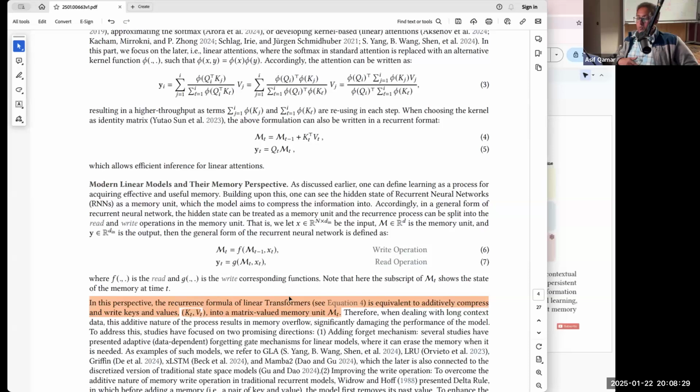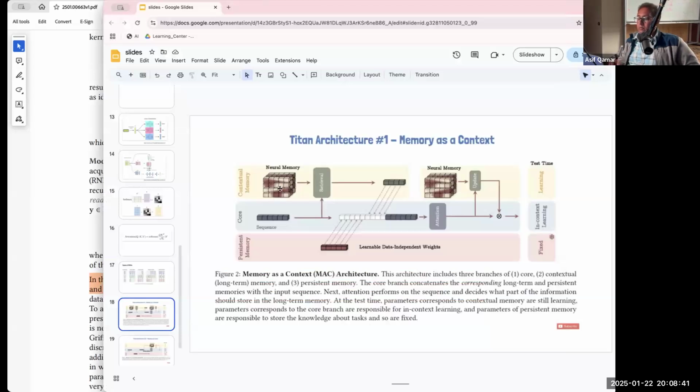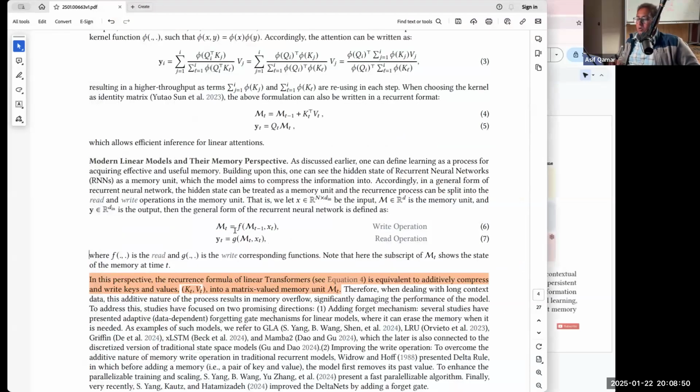Now what they are saying here is they are introducing something called M. M is what you can imagine as a memory unit, part of what you call neural memory. Imagine this neural memory, the cube here. Each one of them, imagine that it's an M. It has n number of M memory units. So at any point of time t, the memory unit Mt is a function of the previous Mt minus one and the new input.